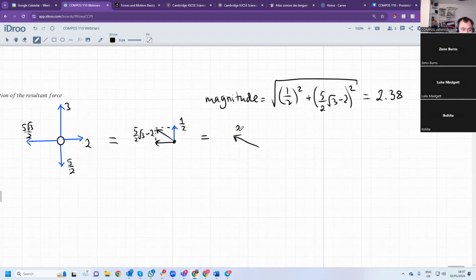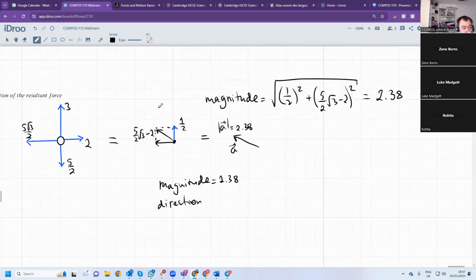That gives 2.38. So let's say the vector is A. The magnitude of A is 2.38. And the direction,